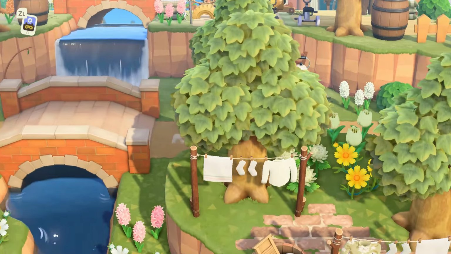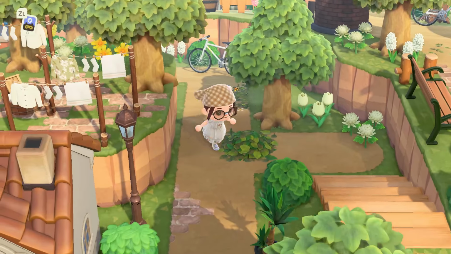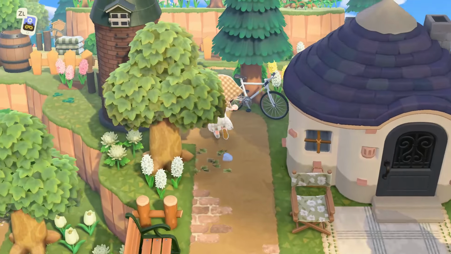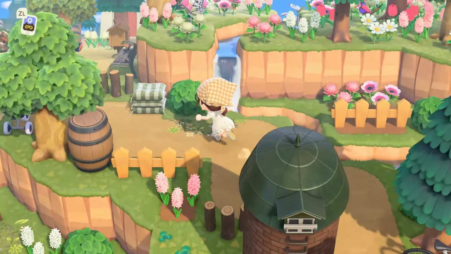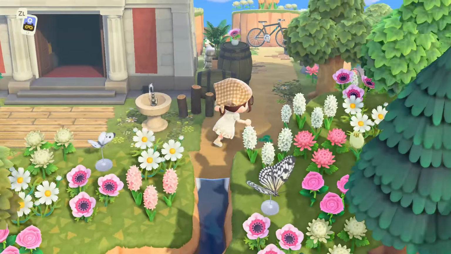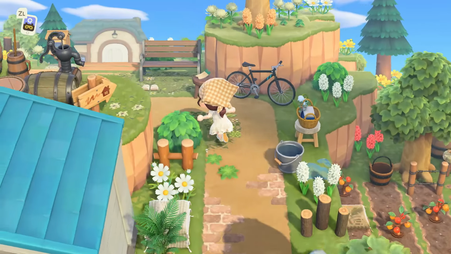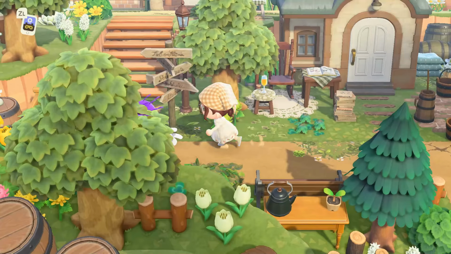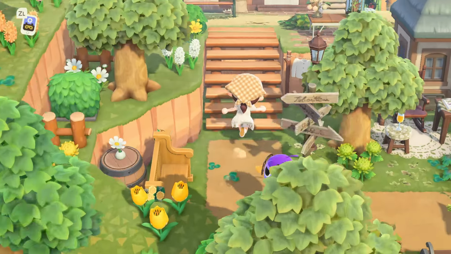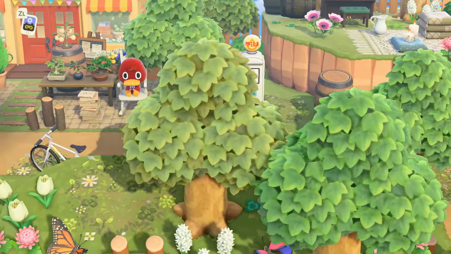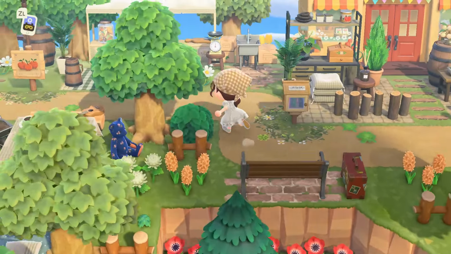It's not a complete circle, but you can see just around the exterior of the island, I do have pathing that kind of guides you around. And then you can see all of the paths within the interior of the island that lead you to all of the other places. So just following that path around the perimeter of the island will navigate you quickly around the outskirts. Obviously, if you wanted to see everything, you would have to go on all of the other pathways,